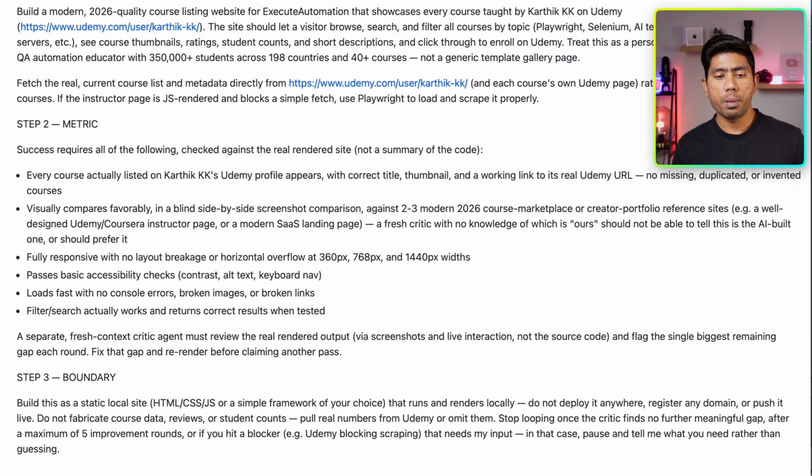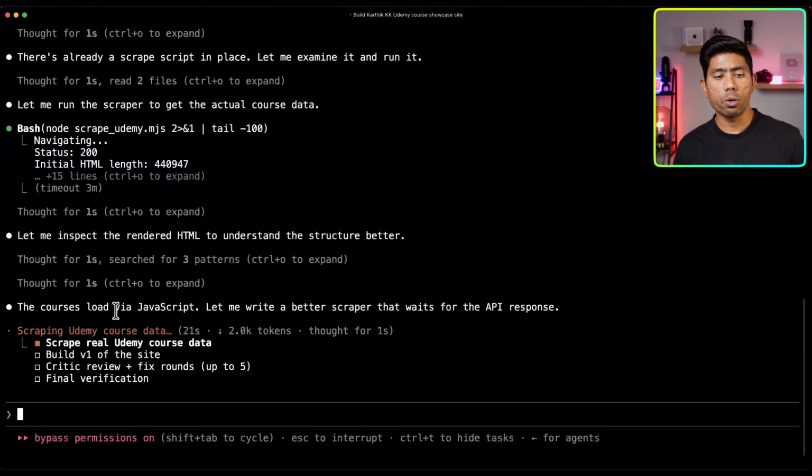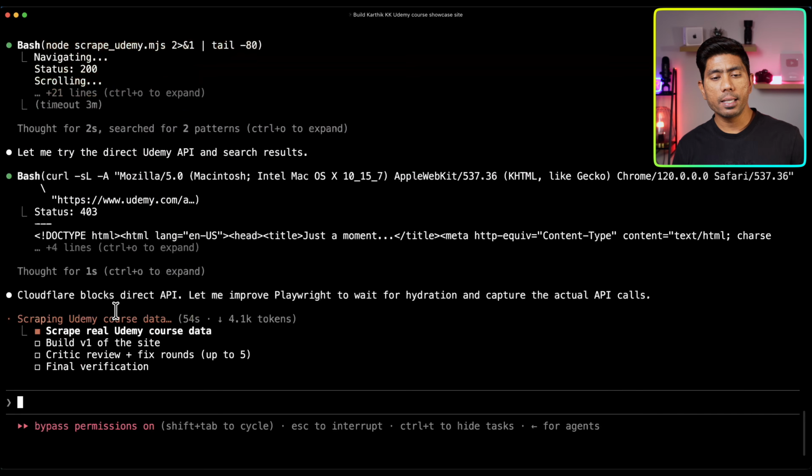And then there are also the boundaries that I'm setting: build a static local site that renders locally, and do not deploy it anywhere, register any domains or push it live. I'm setting a hard limit there, a boundary that you should not break. I don't want it to be deployed somewhere on the internet, and that's the reason why I want to keep that. And once I started executing the entire code over here, you can see that the Claude